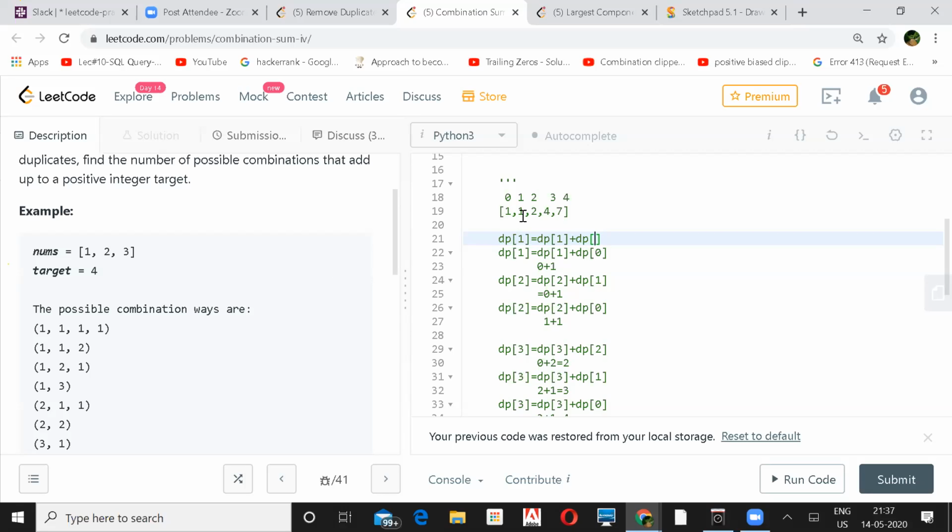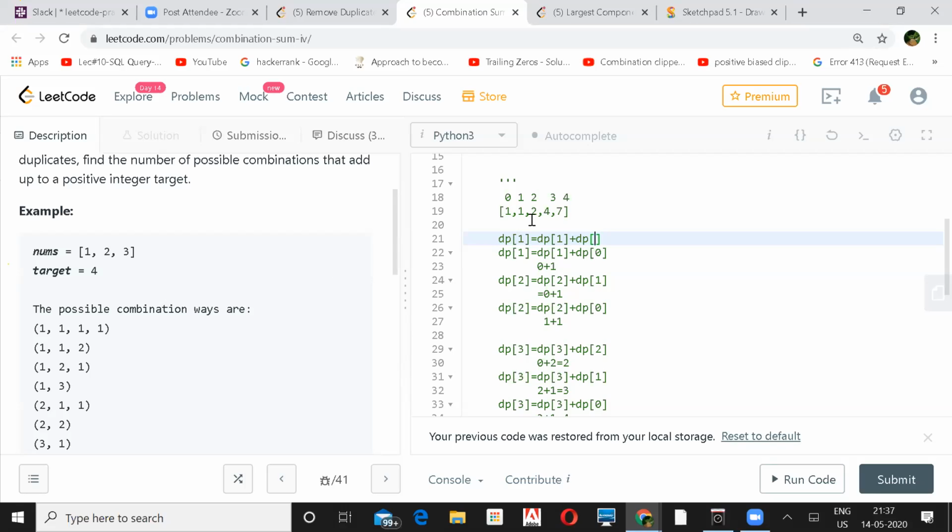No, but if you go to 3 and 2, then when you have to subtract 2 from 2, you will still need something as a base case. You need that DP of 0. No, I'm saying both of them can be a base case, 0 and 1. Yeah. So I have to start from 2 then, you are saying. Yeah, then you can start from 2.